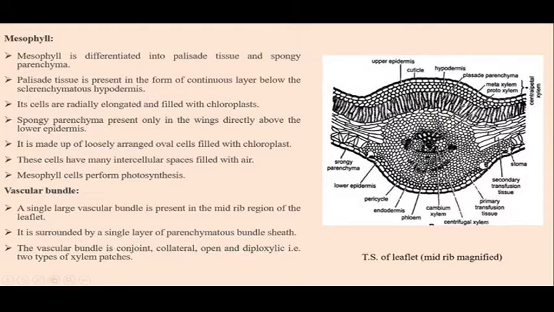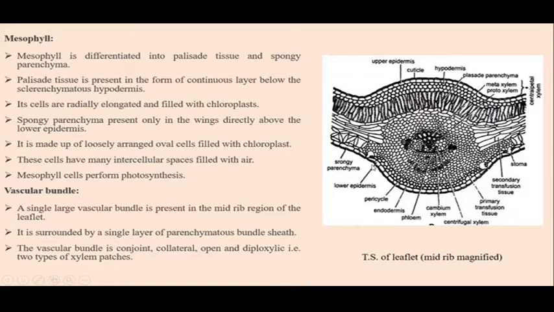So here in this diagram you can see this is the epidermis covered with thick cuticle. The upper epidermis is continuous and the lower epidermis is interrupted by these sunken stomata. Next to epidermis is the hypodermis, and this hypodermis is made up of sclerenchymatous cells. Below the hypodermis is the palisade tissue, and this consists of radially elongated cells, and these cells have the